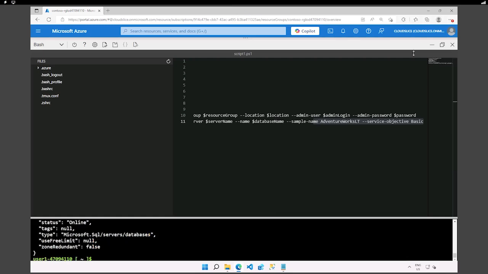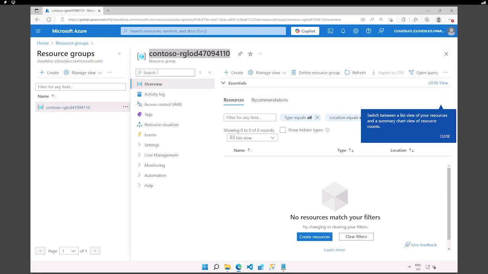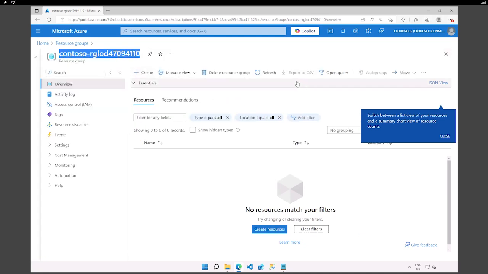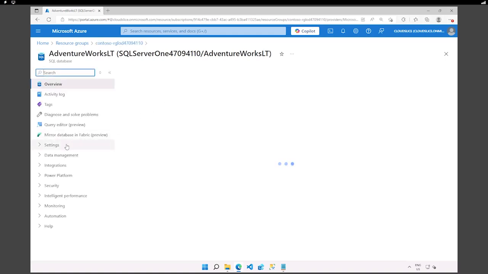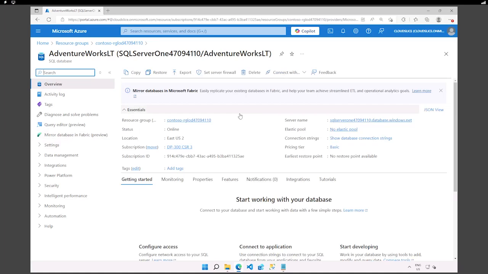All right, so it looks like the deployment is now completed. So let's have a look. So I'm going to just go out there and refresh. So we're in the scope of the resource group. So let's go and refresh. And we can see that we have our 2 resources being deployed. So we have the logical SQL server and its database running on it here. All right, so potentially now we can have a look at the database and the server itself for more information. Okay, we can see we have the server name once again.